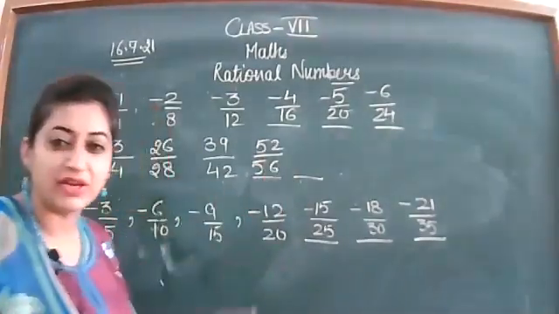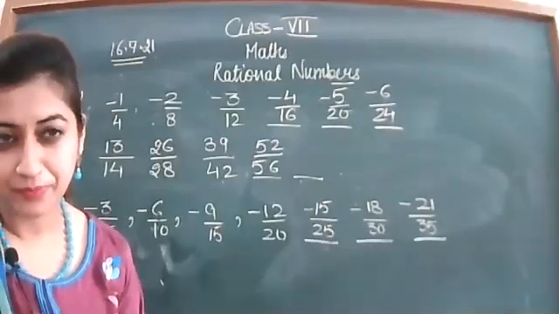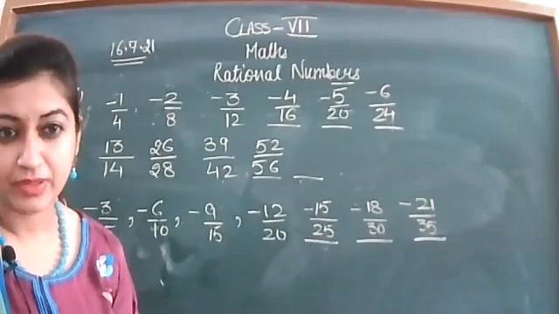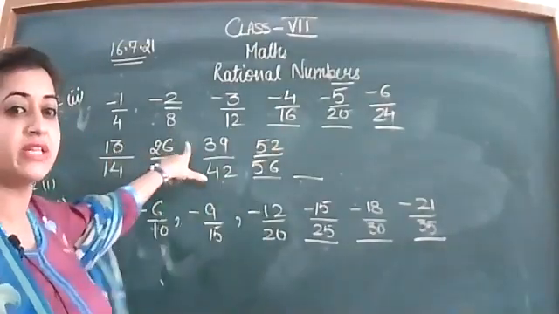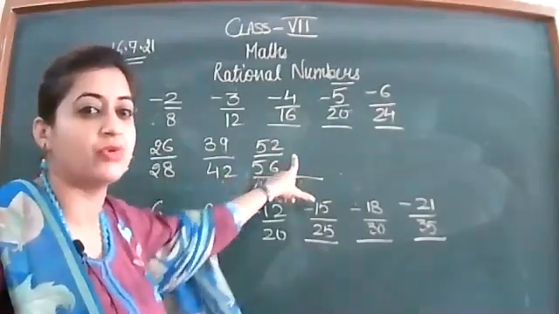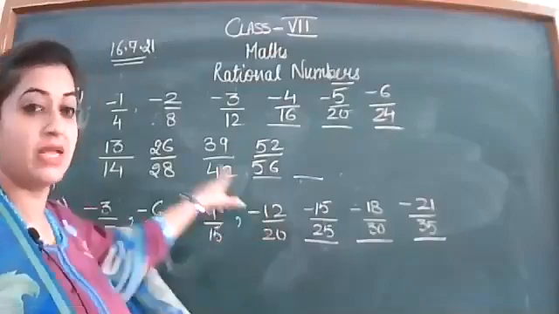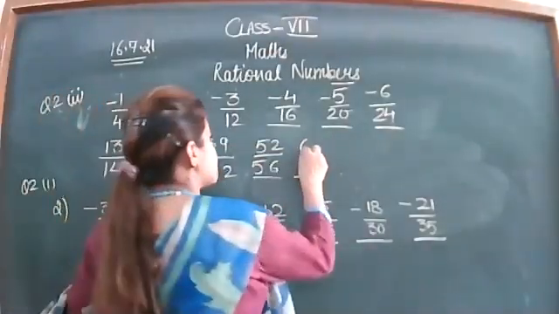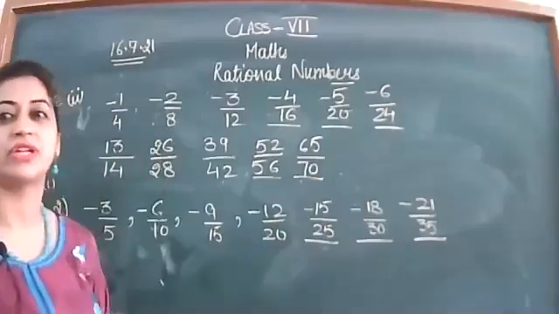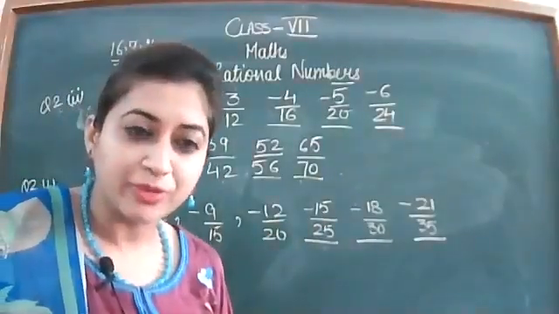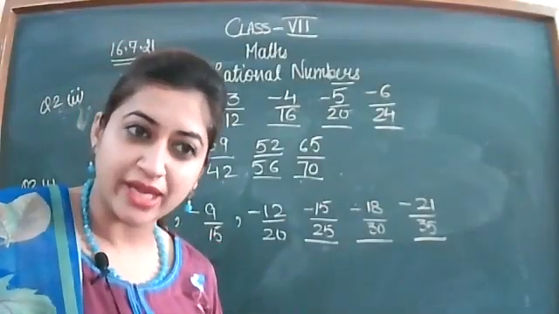Can you tell me the pattern that I have written? Ma'am, it is increasing 3 by 3. No, not 3, beta. It is a table of 13. 13 ones are 13, 13 twos are 26, 13 threes are 39, 13 fours are 52. 14 ones are 14, 14 twos are 28, 14 threes are 42, 14 fours are 56. Now 13 fives are 65, 14 fives are 70. So this is the table of 13 and 14 that I have written in the numerator and denominator. Okay? Is it okay?